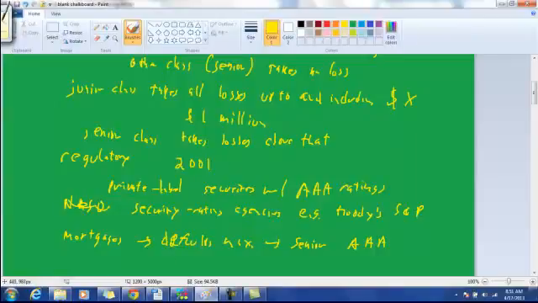That is, if you have a junior tranche that's going to absorb a large number of the losses, then even with subprime loans where you expect to take a lot of losses in an adverse scenario, if the junior tranche is going to absorb enough of the losses, then the senior tranche can still get a AAA rating even with subprime loans.